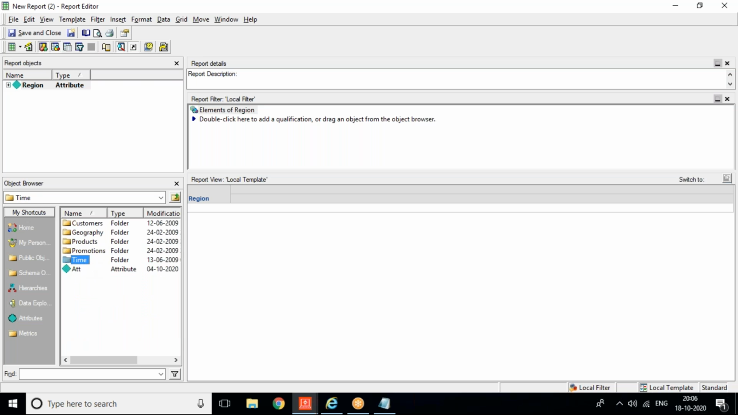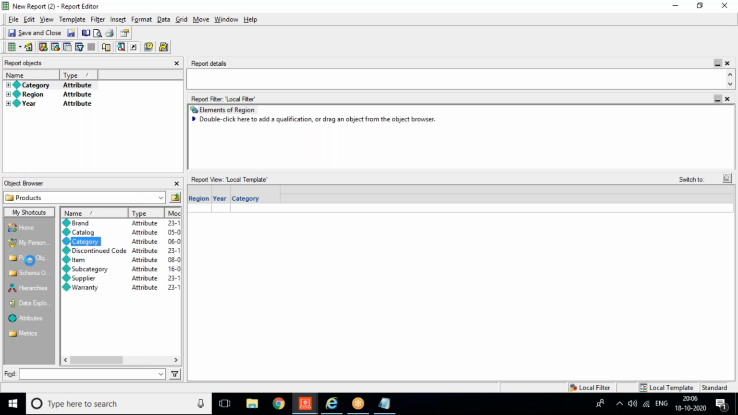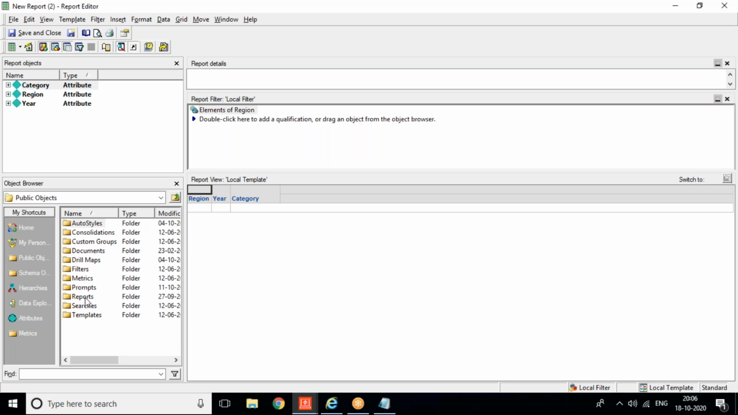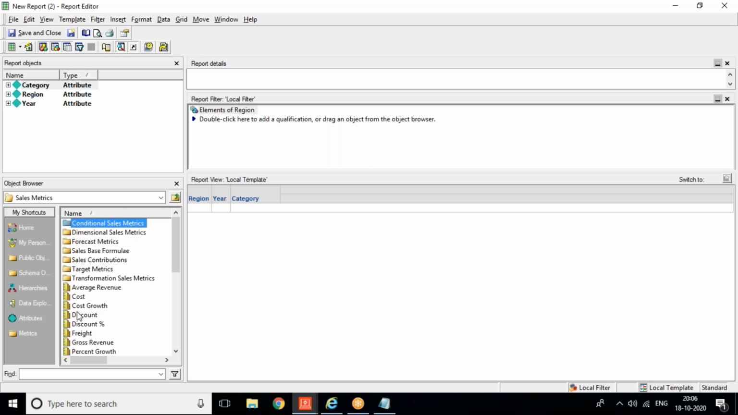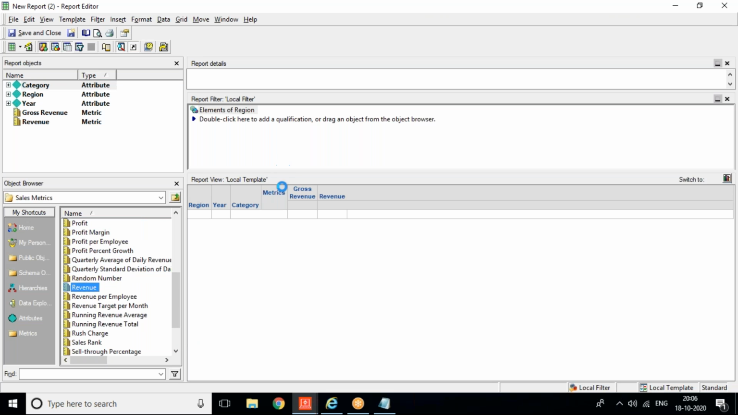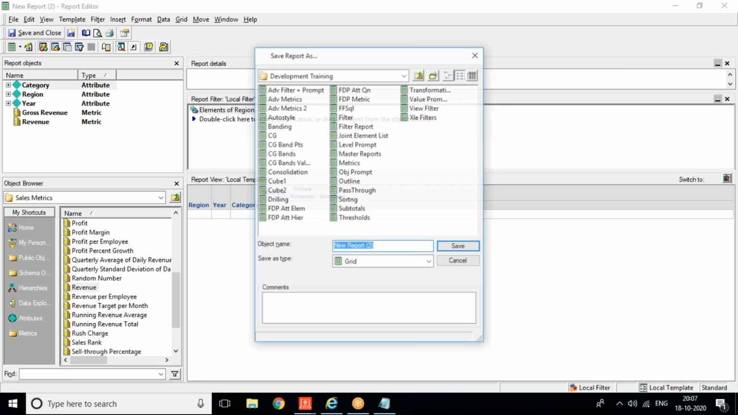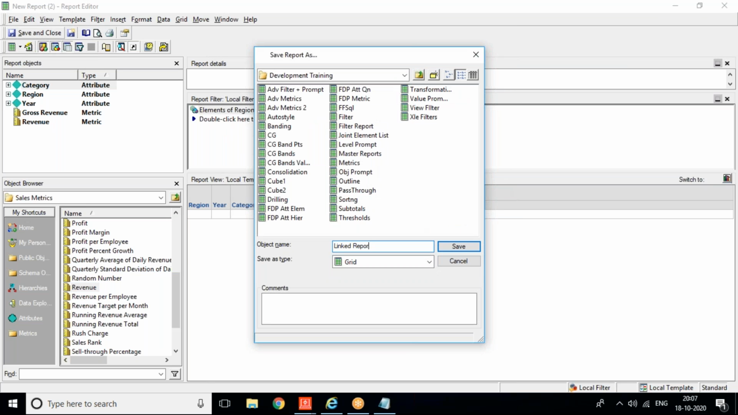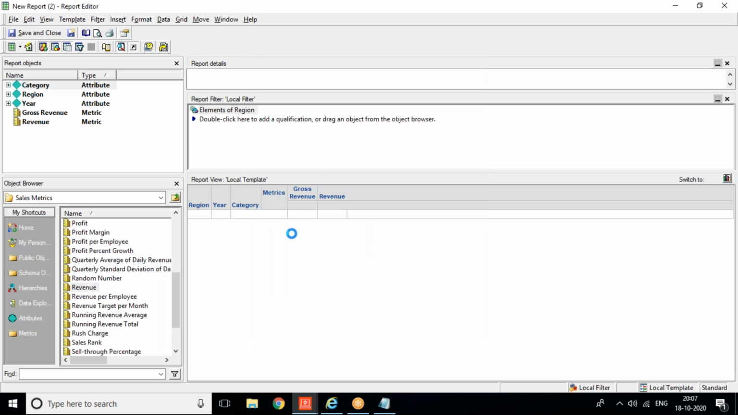So along with region, let's say I want to add a year, and let's say category, and over here I'm going to add a revenue and other metrics as well. Let's say gross revenue and revenue. Okay, now this is my prompted report, which has a prompt on region. I'm going to save this. I'm going to give the name as linked report. Now if I go back to my dashboard,